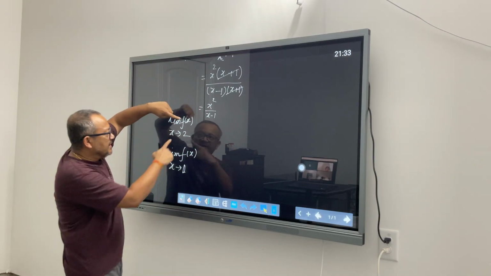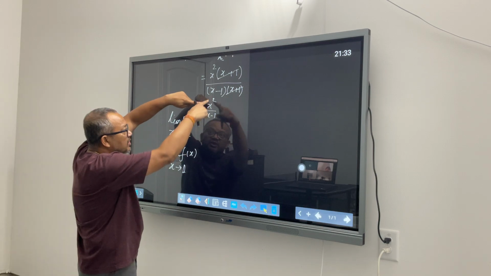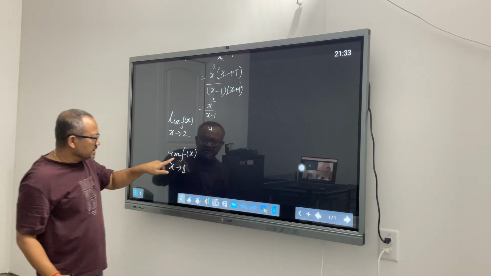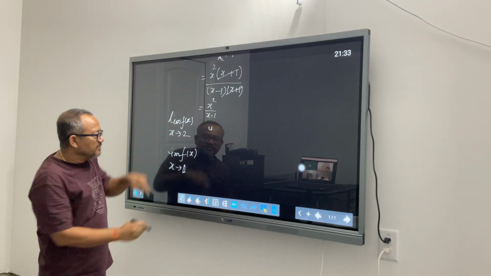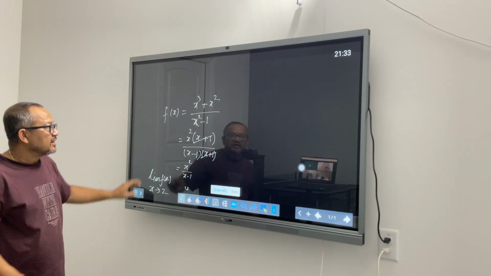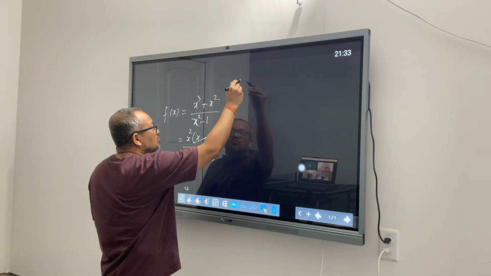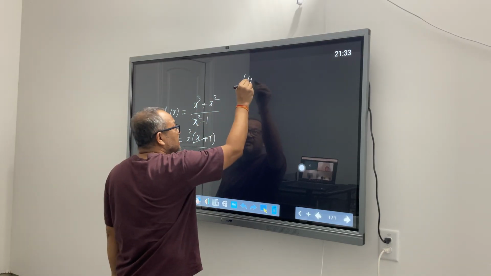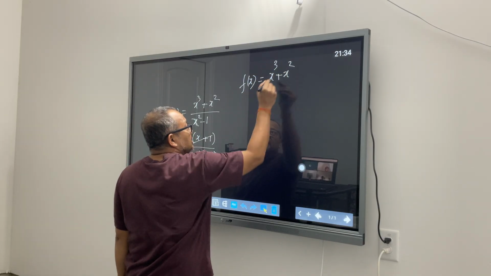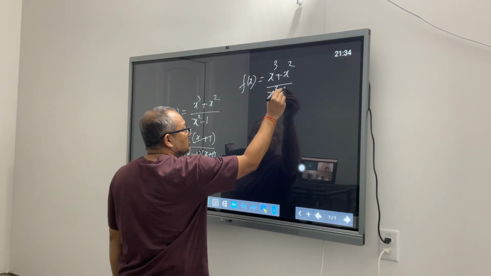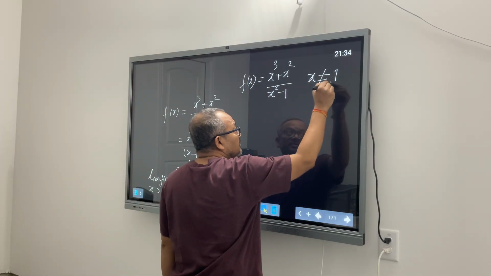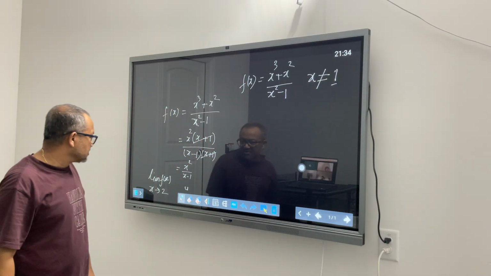When x is approaching 2, I put 2 squared by 2 minus 1, so 4 by 1, it becomes 4. In this case, it became undefined. So this function definition gets split into two parts, where you will say f of x equals x cube plus x squared divided by x squared minus 1 when x is not equal to 1, because this is where the problem happens,